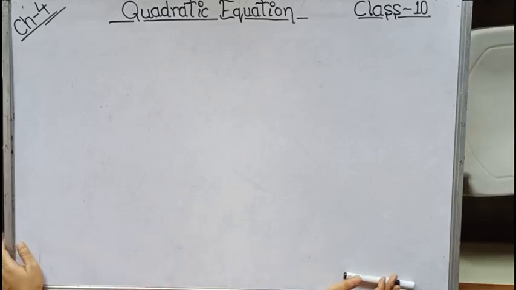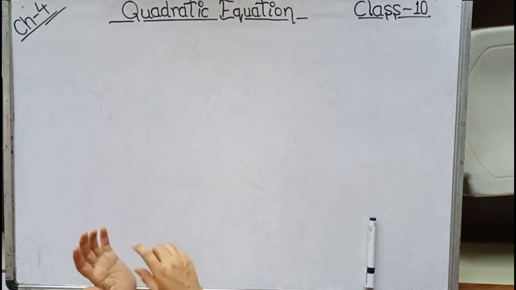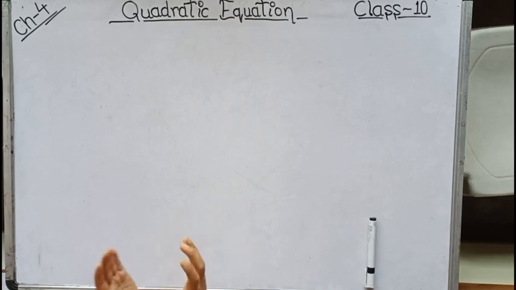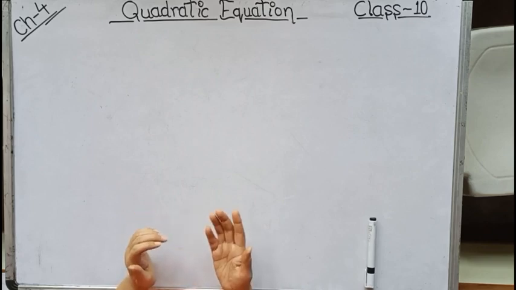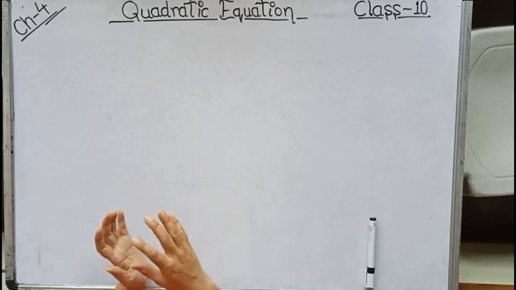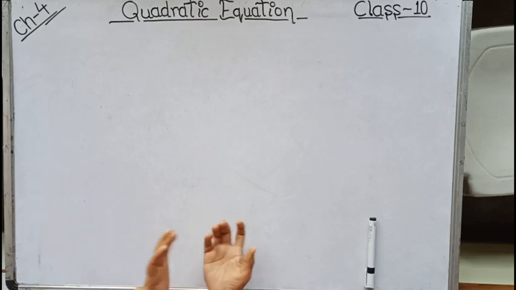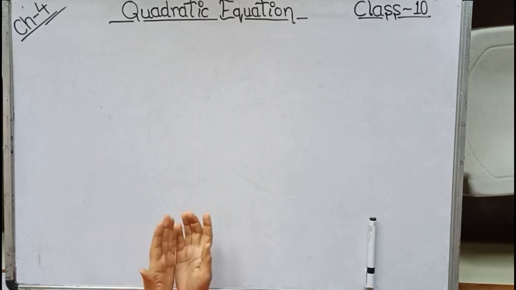Hello students, today we will be starting chapter 4, quadratic equations. Now in this chapter a few topics have been deleted this year. The deleted topic, as written in the syllabus, is equations reducible to quadratic equations. So whatever are the word problems from which we get an equation in the form of a quadratic and hence solve, that type of sums is deleted this year.